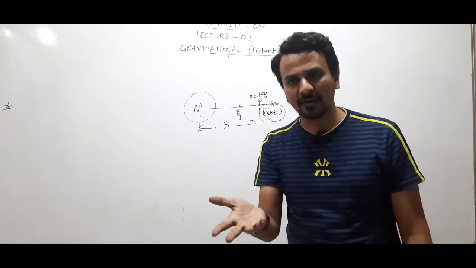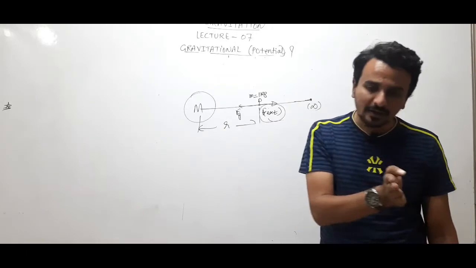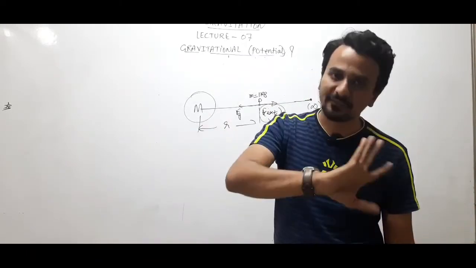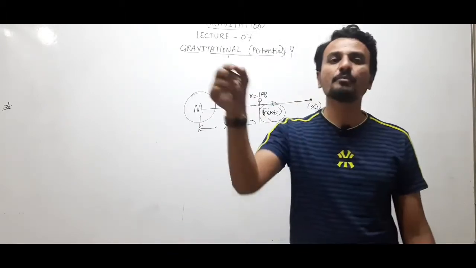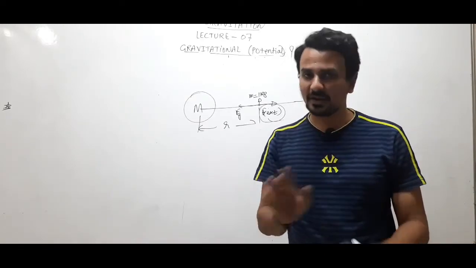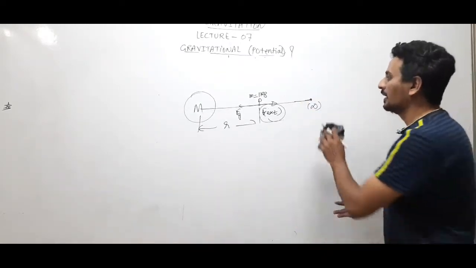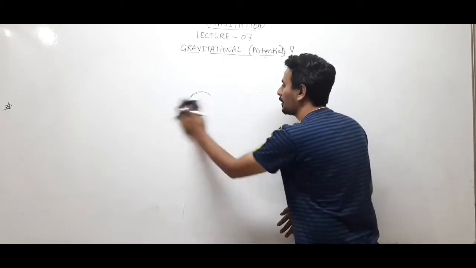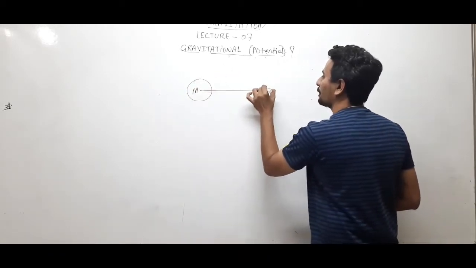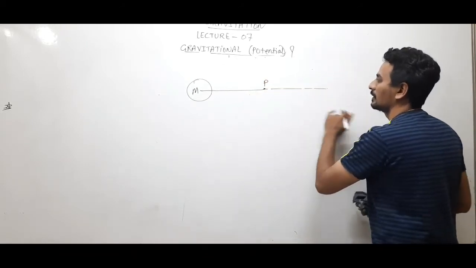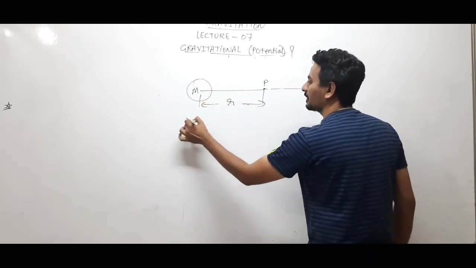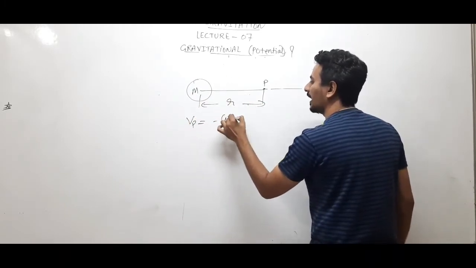So you can also define in this manner the negative of work done by the external force to bring a body of unit mass from point P to infinite, or work done by the gravitational force to bring a body of unit mass from infinite to P. Choice is up to you. But at the end, the result will not change, and we finally got the formula that potential at point P, which is at a distance r from this mass, is minus GM by r,